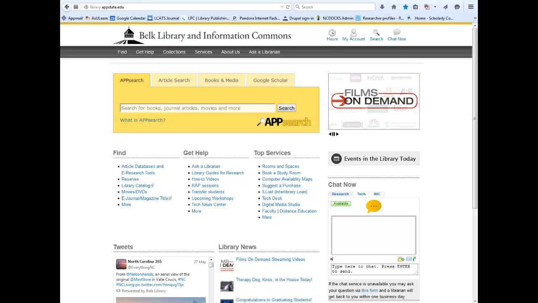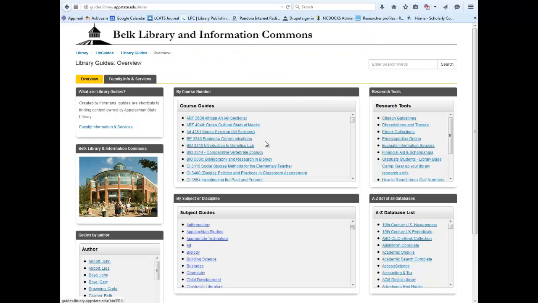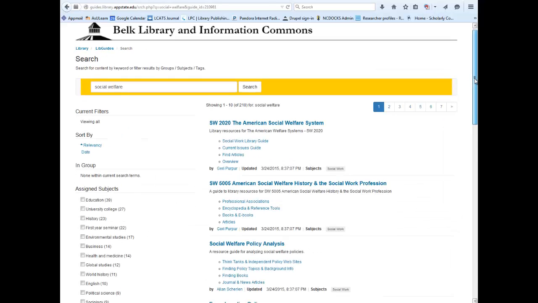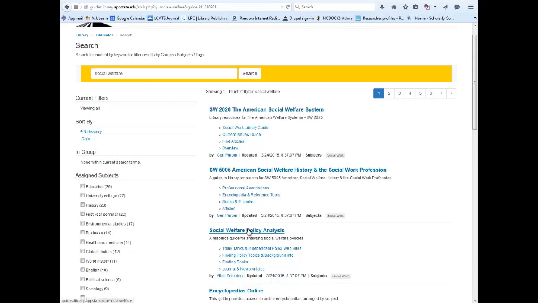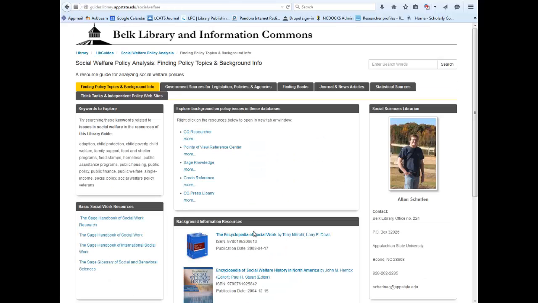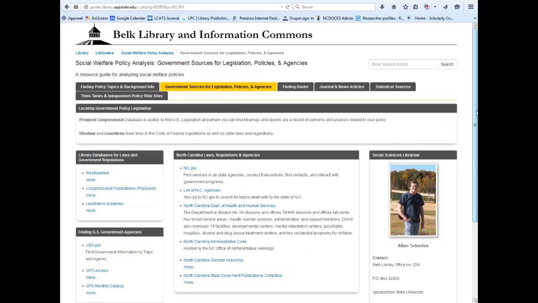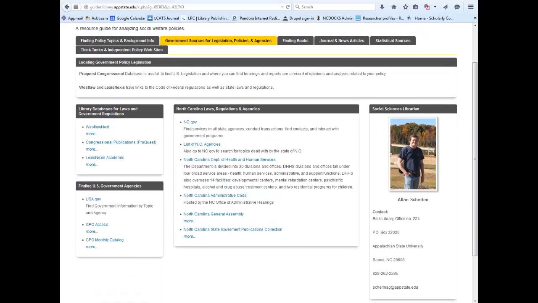We'll get there by going to the library guides for research from the main library homepage. And here among the guides we'll go ahead and put in social welfare, which will take us to our guide. Here's the third one down, Social Welfare Policy Analysis. In our previous videos, we looked at finding background information by using this first tab. We're now going to use the second tab, Government Policies for Legislation, Policies and Agencies, to begin finding our information